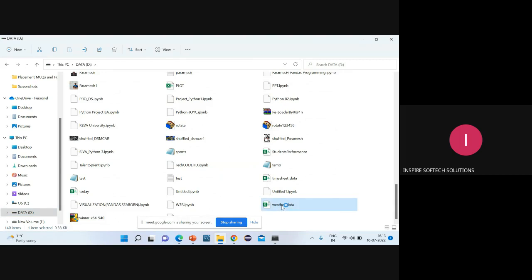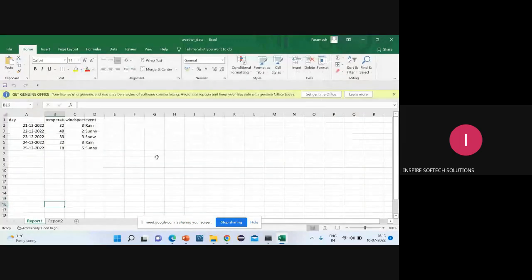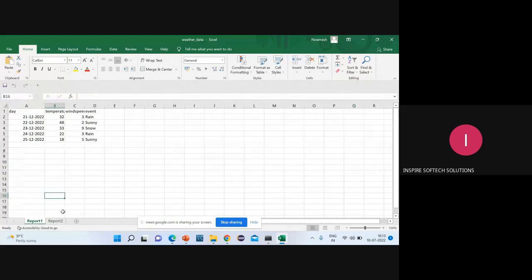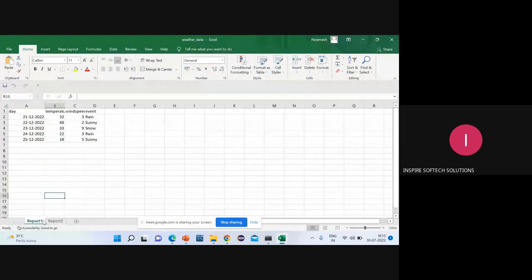I'll tell you. And suppose someone asked, sir, what if you have two sheets, how do you load them? Like sheet one is there and sheet two is there. So normally in your Excel file, you'll have sheet one, sheet two. I have renamed them as report one and report two. For the temperature report, I have mentioned, in the month of,